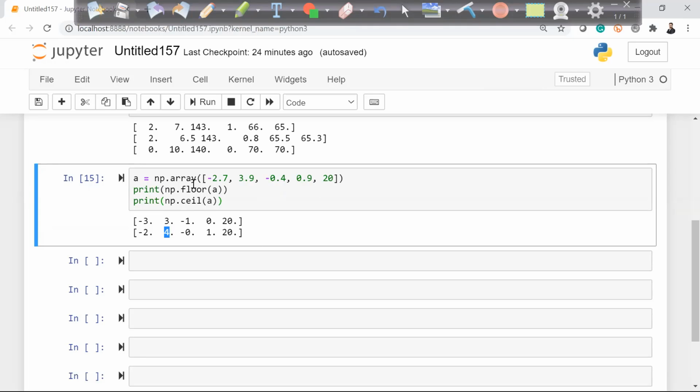So the difference between floor and ceil is that floor is going to give me the nearest lowest value, and ceil is going to give me the nearest highest value. Floor is like the floor of a house, right? And ceil is like the ceiling of a house. So floor is at the lower side and ceiling is at the upper side. So that is what this concept is all about. Floor will give me the lower value and ceil will give me the upper value.